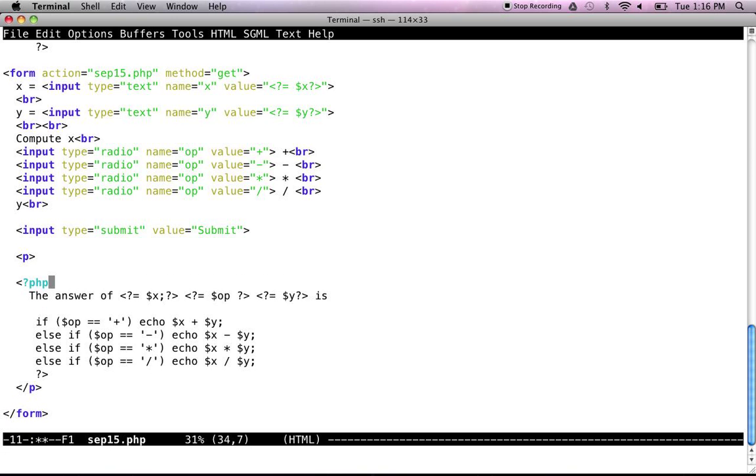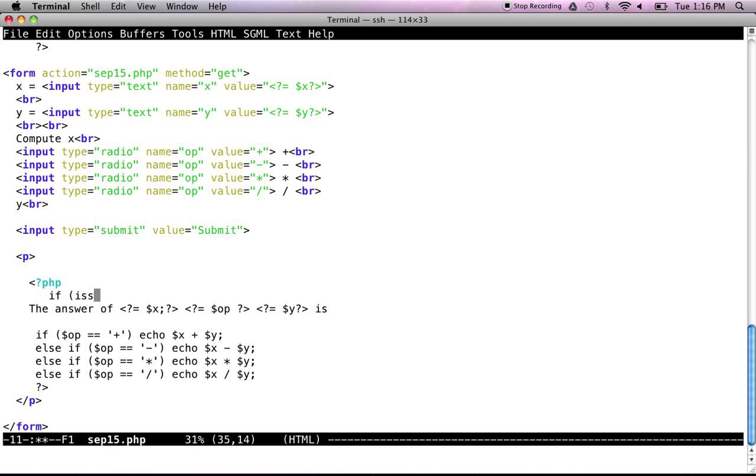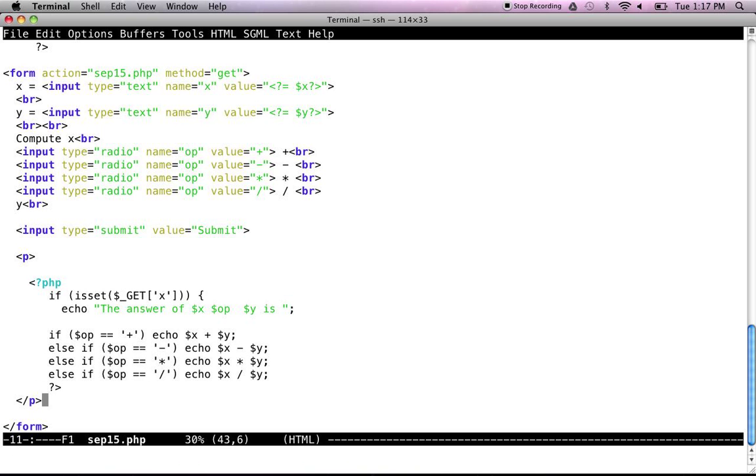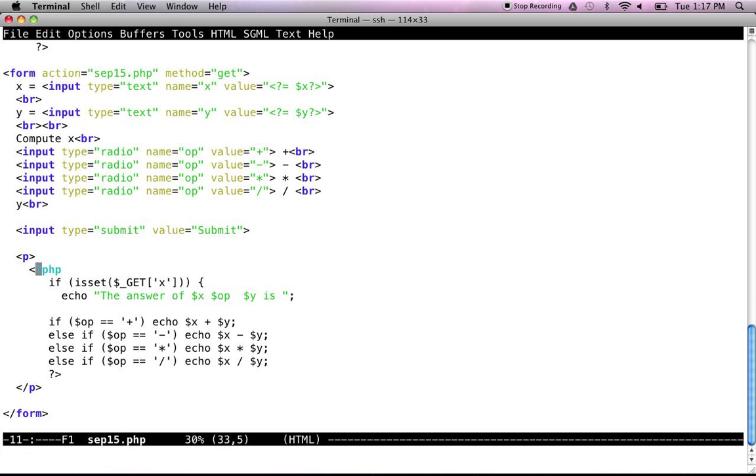Perhaps if... okay, so if the variable is set, I'm going to print this out.